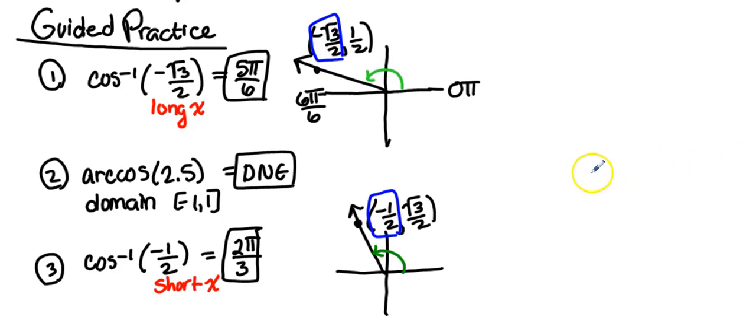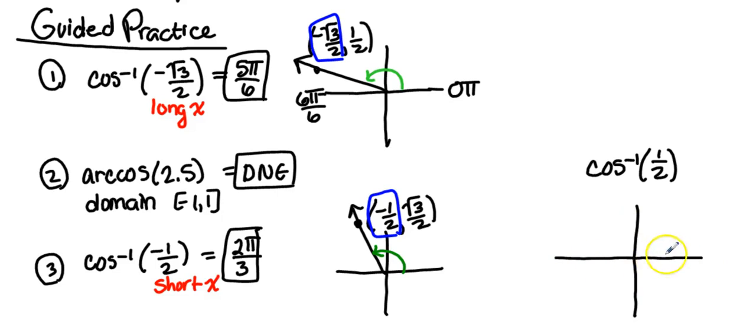If I had, and I'm just going to put this off to the side, if I had asked you to find inverse cosine of a positive 1/2, that would keep me in quadrant 1, because that is literally a positive x value, a positive short x. Meaning, from 0, if I have to be a positive x, I would be going right instead of left for a side length. And that is a short x, meaning literally a short distance x and a longer y. So that would be positive 1/2,